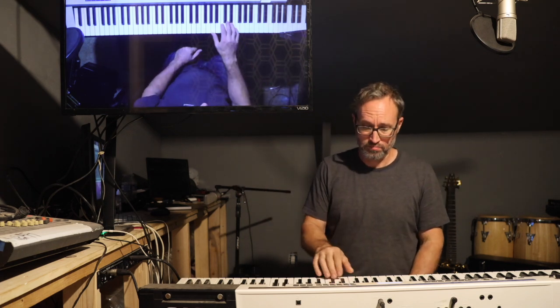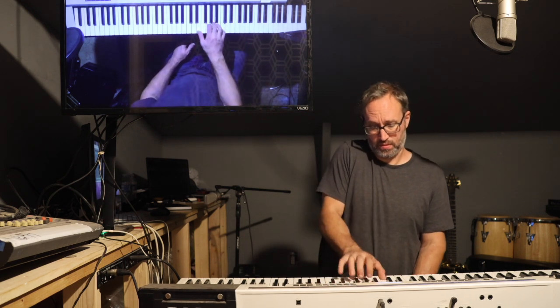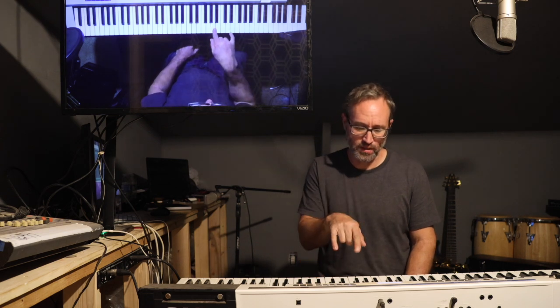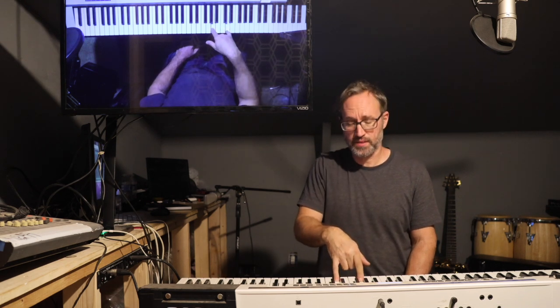It sounds like I might just be pulling some chords out of nowhere. No, I'm just pulling 2 notes at any given time out of the scale. So, could pull any notes. A lot of times you'll end up hitting perfect fourths just by default because it just fits under the fingers. If you take your 2 and 5 finger, 2, 5, and then you just bring him down on any part of the scale, chances are you'll hit a fourth, perfect